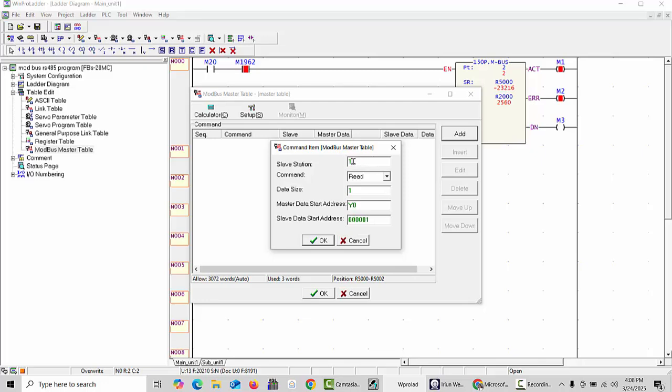VFD address, this we have to select, and here we have to write. If we need to write the data, we have to choose write. If we like to read the data, we have to click on read. So this is write, and data size we have to choose 1, and this is we have to give, for